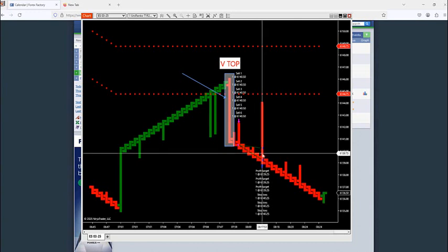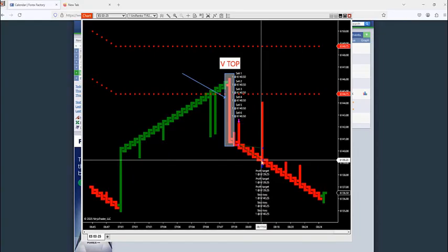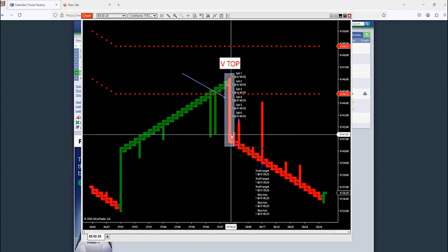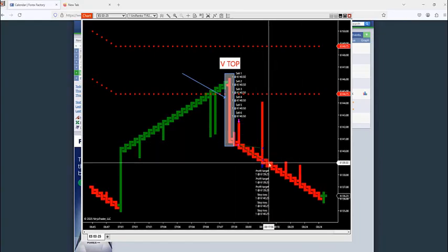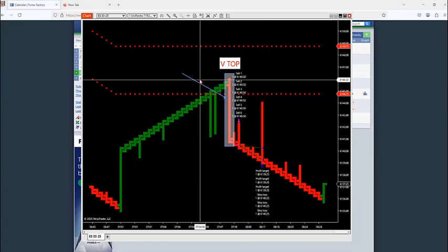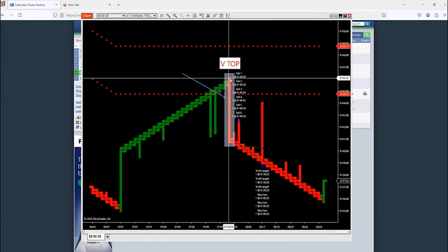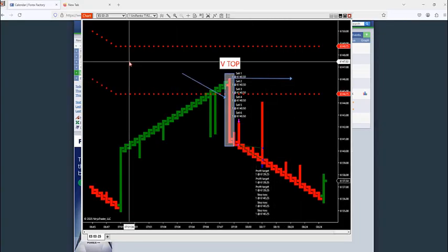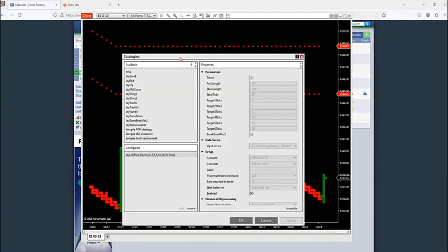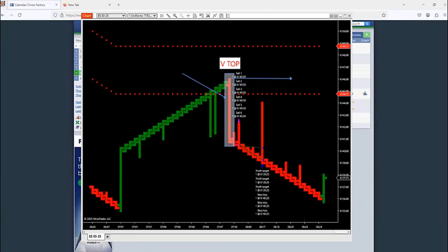This is a break-even +1, but sometimes the runner will hold after break-even and you get a good runner. Some traders leave the break-even +1 off, and what they'll do is keep their stop above the reversal candle. This is where you have to have the stop in, right here. This is your stop right there. So if you wanted to not have the break-even +1 in and keep your stop at that level,